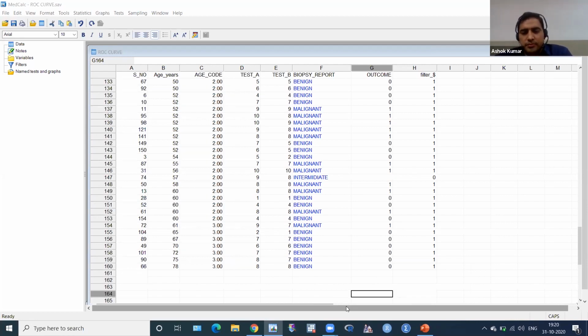A question from Dr. Aditya Prashant: what to do with the missing data? Okay, missing data. If you don't include it in the analysis, it is called per protocol analysis. But if you want to keep these missing data, then it is called intention to treat analysis. Then you have to do some SPSS. There is a button you can see for how to handle missing values.